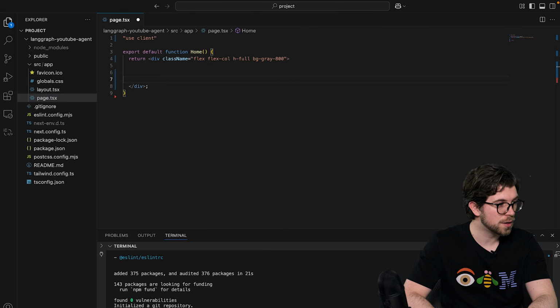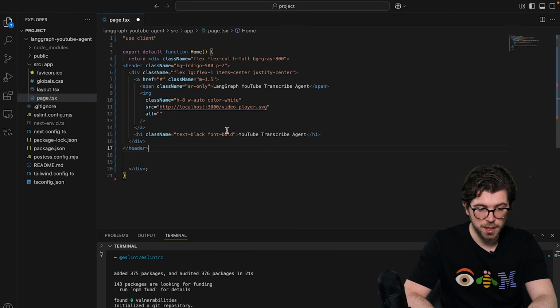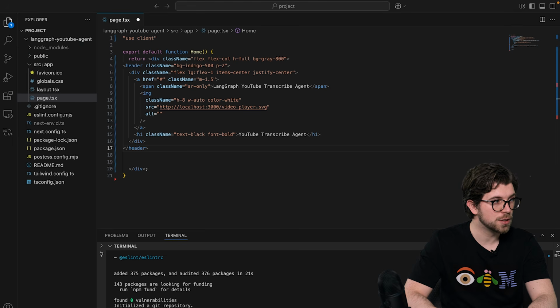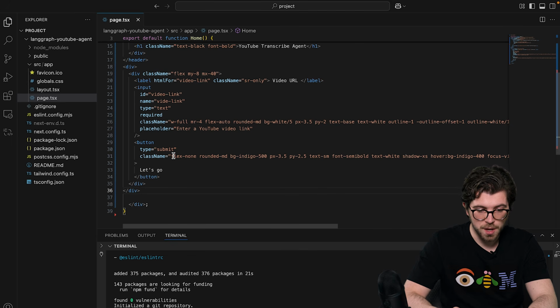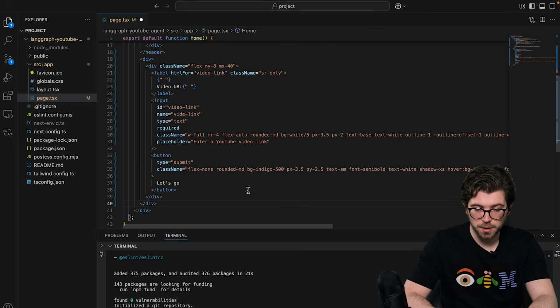Let's start with a header, and for this I'm going to be adding a header that contains the name of the agent, which is the YouTube transcription agent, and then I'm going to be adding a bit where I have an input bar to submit a video link. Put this in there as well. Once I save this, I could already visit the application in the browser by starting npm run dev. But first, I will also add a placeholder video. So this will mock the application setup that we'll have later on.